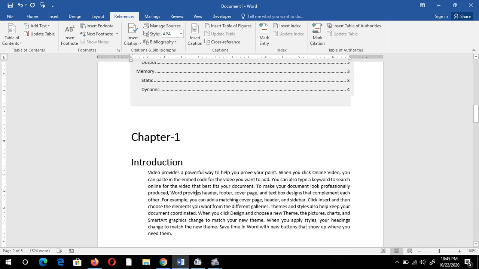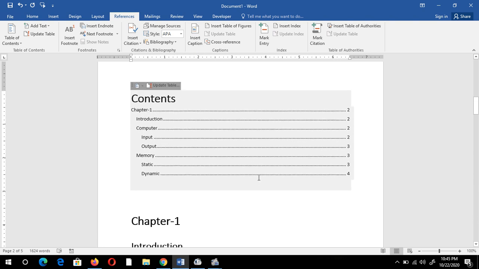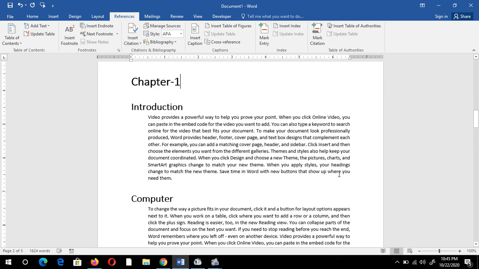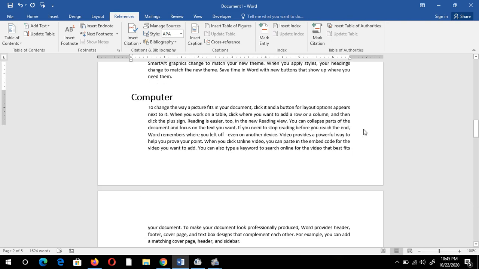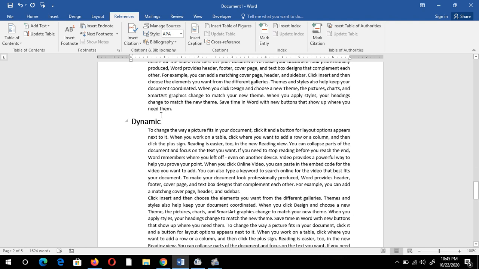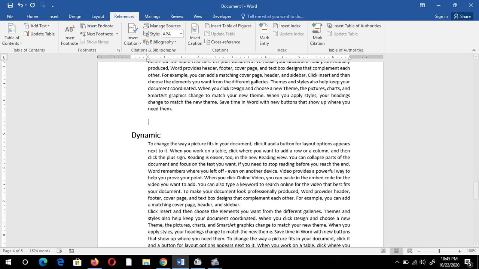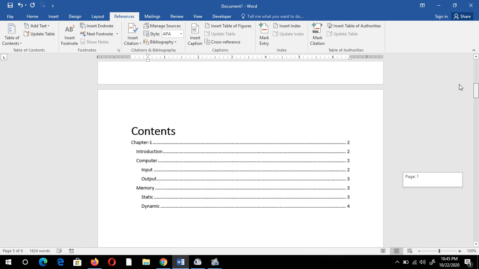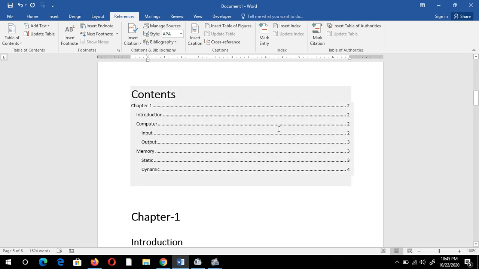Now suppose I just want to change the page. Now you can see the page numbers also. Suppose dynamic is on page number 4, right? I change it. I want it to be on page number 5. I just press Enter. Now, how will it change automatically?